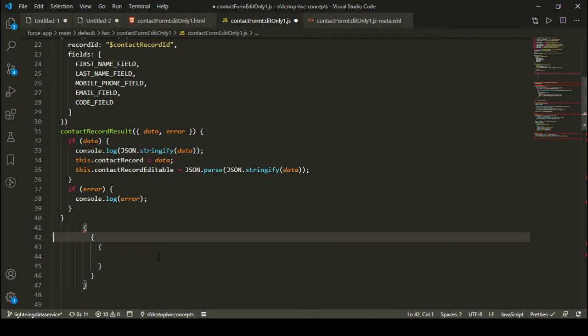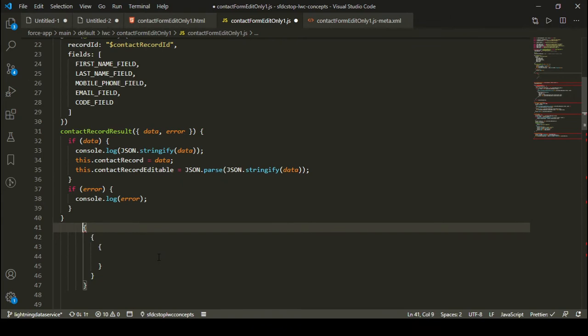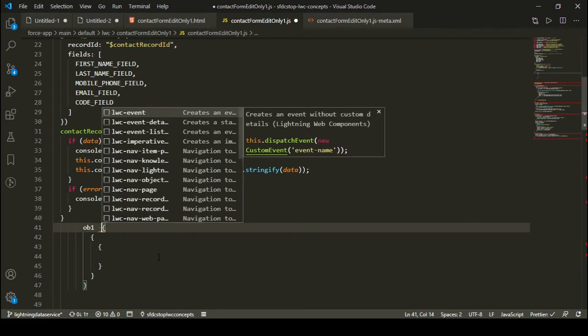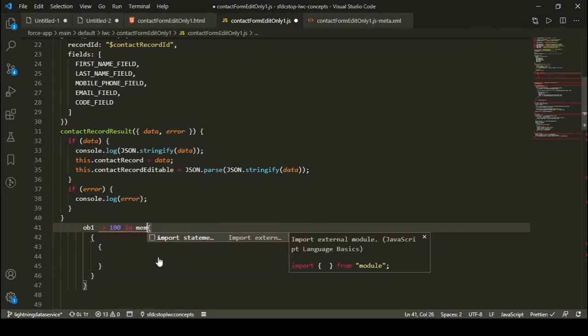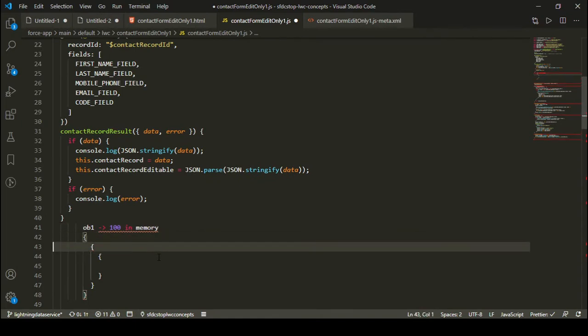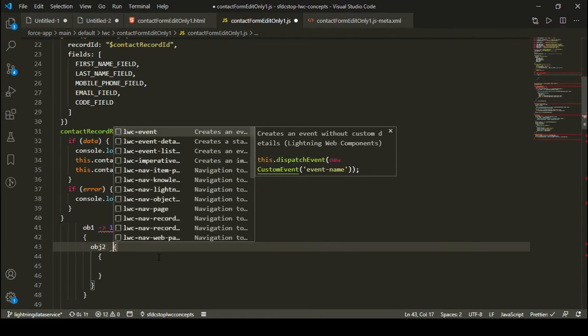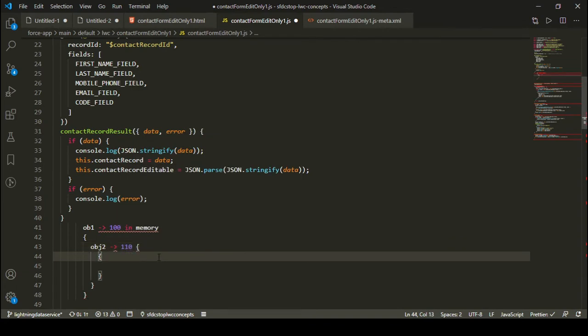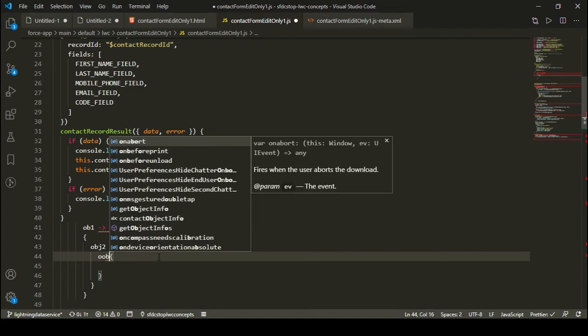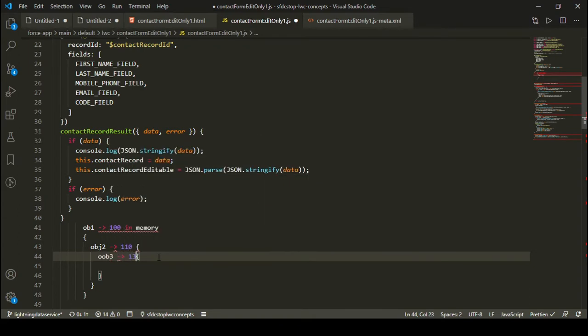For example, this is object 1, that is the parent object, and let's say it is at an address of 100 in the memory. Inside this there's an object 2 which has an address of 1110. Inside this there's an object 3 which has an address of 120.